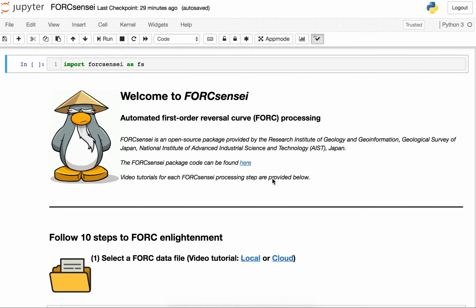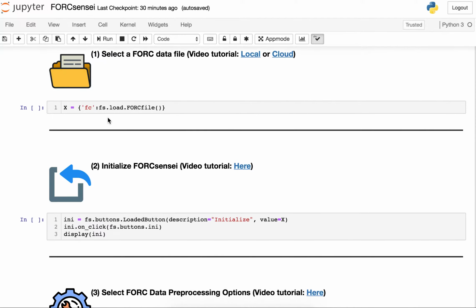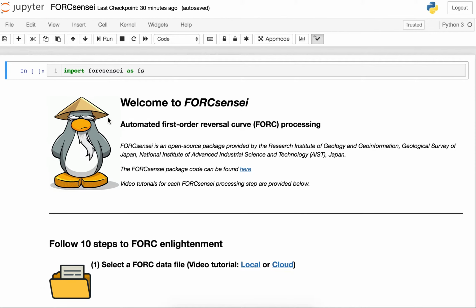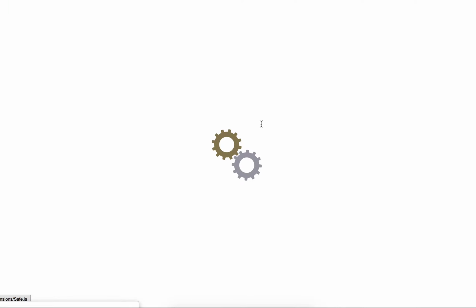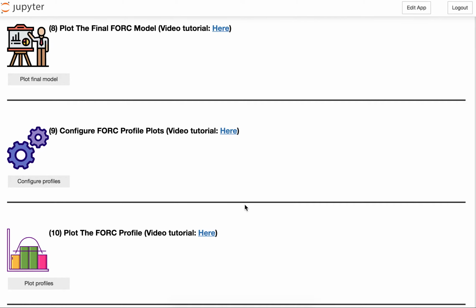Now what you'll see when you first open it is some images, some text, but also some code. And as you scroll down, you'll see more and more code, and this isn't actually the interface that we want to use for FORCsensei. We want to instead run it in app mode, which is very simple. A button should appear on the banner here. You can just click app mode, and the little cogs will appear,